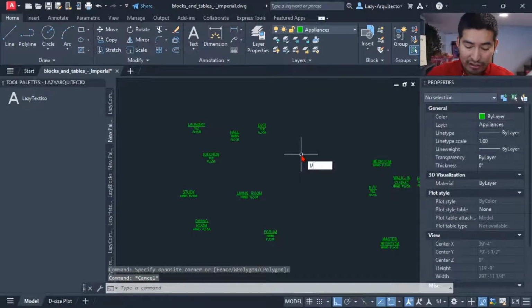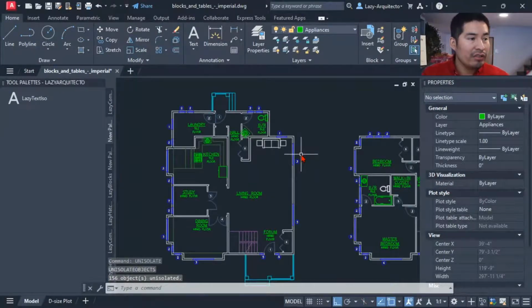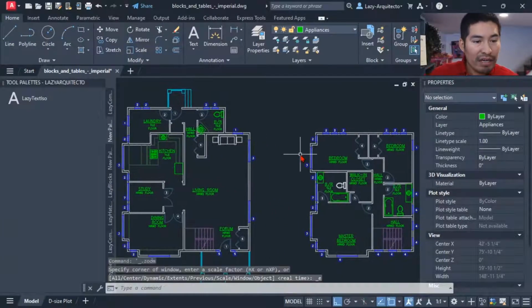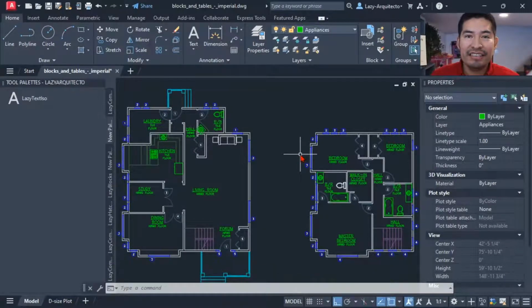All right, so here you go, guys. What do you think about this new command that we just created to make our life easier editing text or mtext in AutoCAD? So let me jump to the chat now to quickly see what you guys think about this tool.